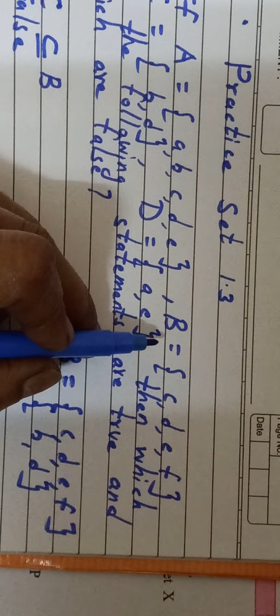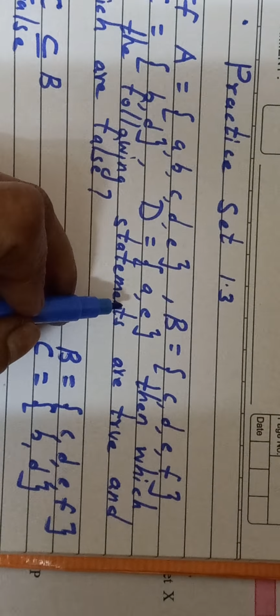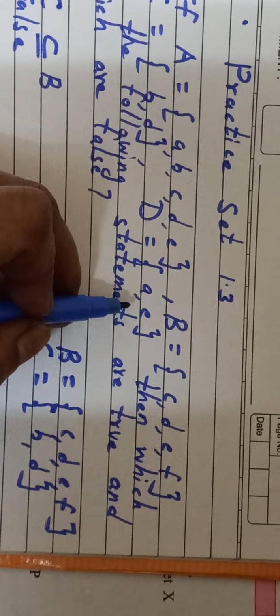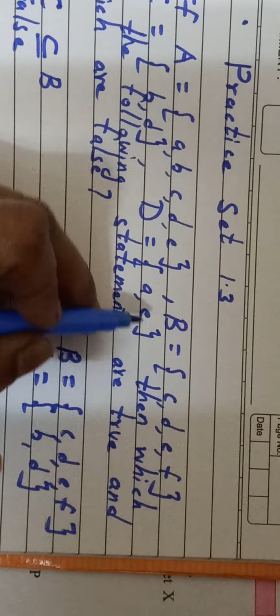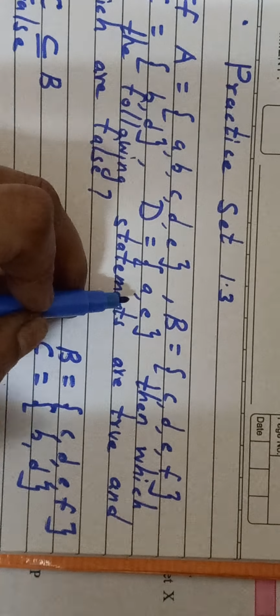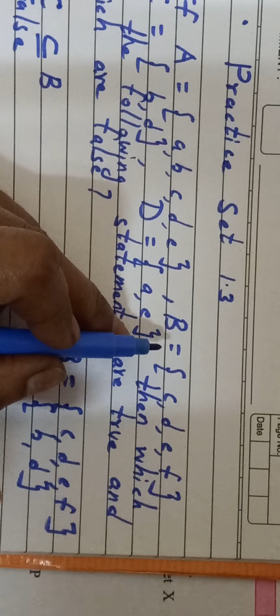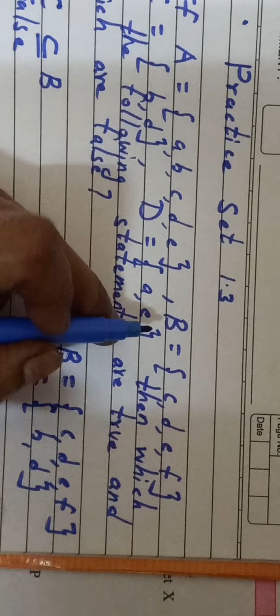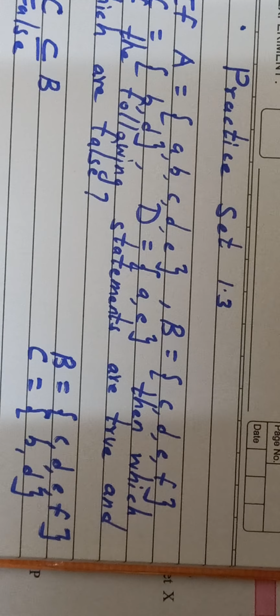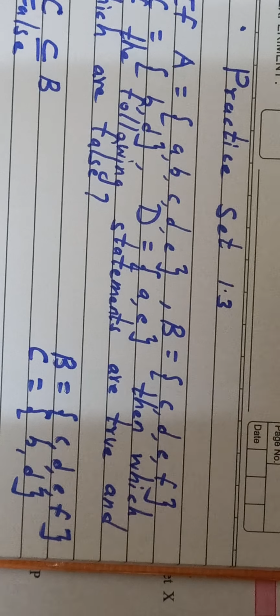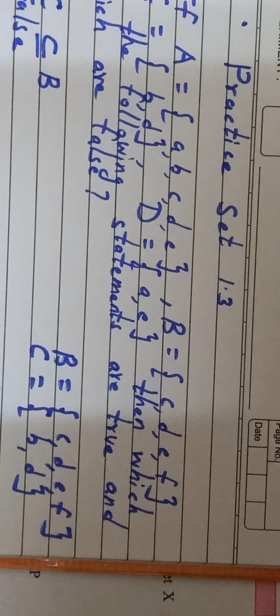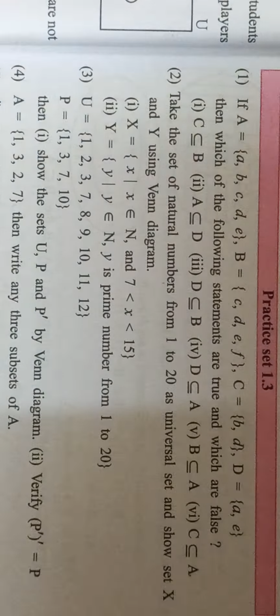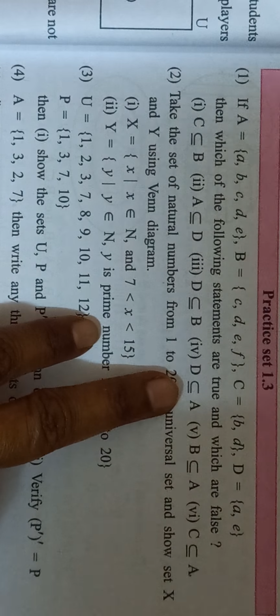Agreed, B is a bigger set. D is a smaller set. Number of elements in D is only 2. Here 4. But every element of set D should be in set B, which is not there. A is not there in set B. So the answer is false. So we got all the three false, false, false. Let us see the fourth one. Fourth one, D is a subset of A.